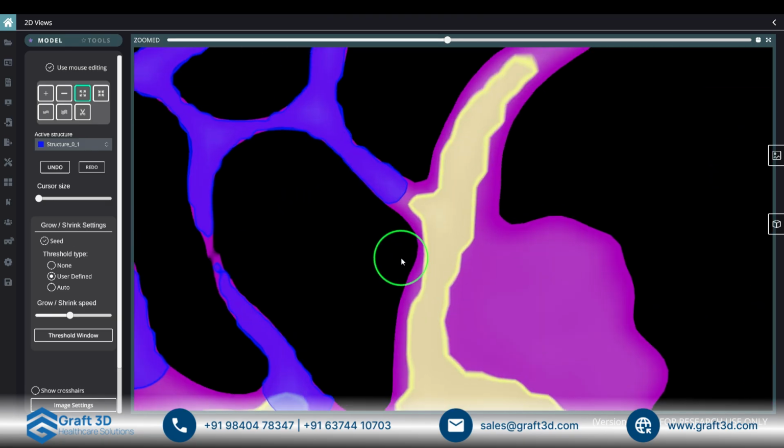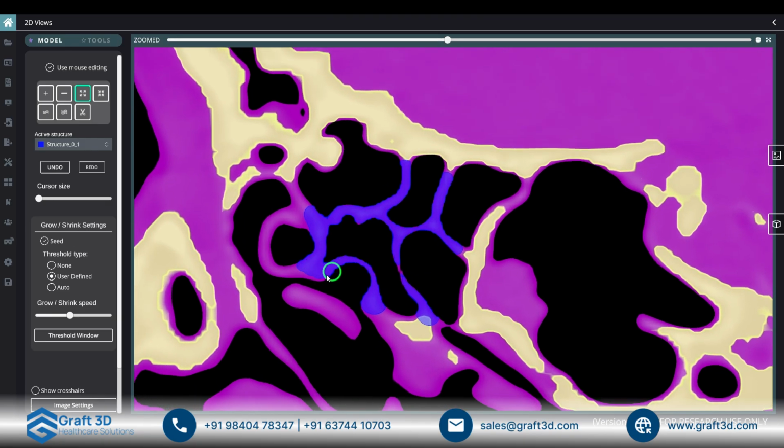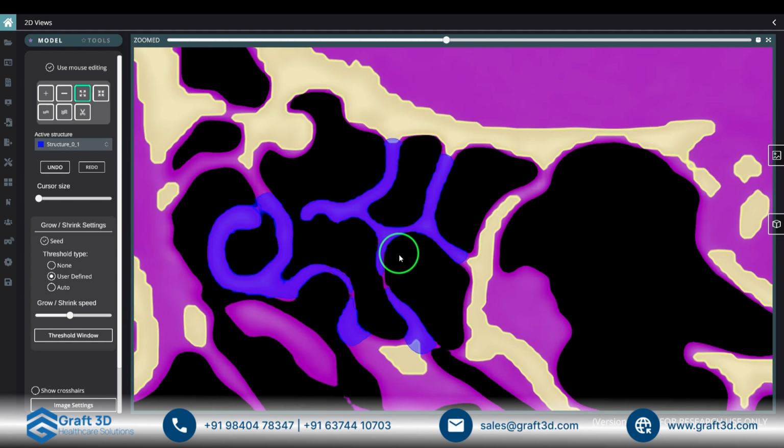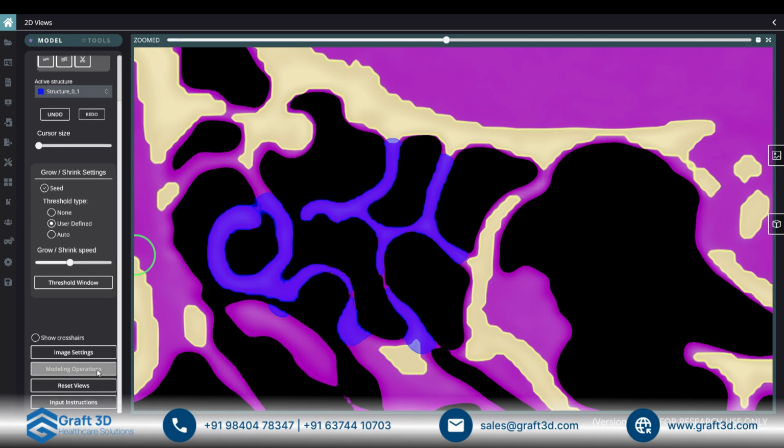Just like so. So now, you'll notice that this structure is blue, but I want it to be actually part of the bone structure. Now, it's not mandatory. This is just more for demonstration purposes. If you want to leave it blue or a different structure altogether, by all means. But to include this as part of the bone structure, this yellow portion, I'm going to go to the modeling